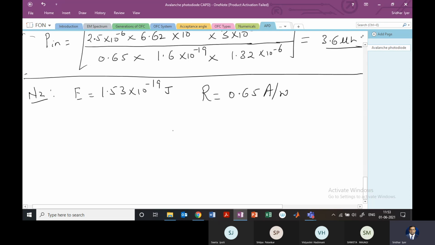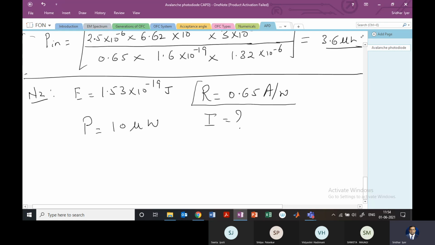So R is 0.65 ampere per watt, and it says if the optical power level is 10 microwatt, find the generated photocurrent. So we need to find I, right? Even if we do not know the equation, for example in the exam, if we forget, because this has to be memorized, the hint is given to us in one of the parameters' units.